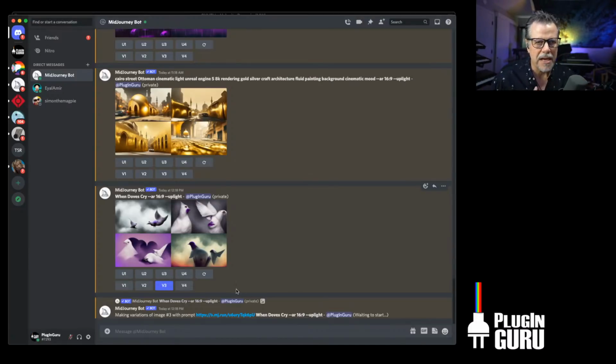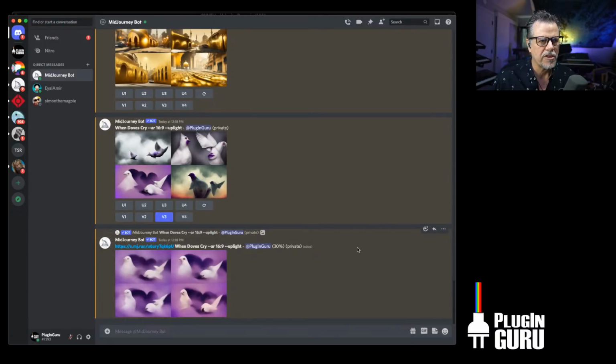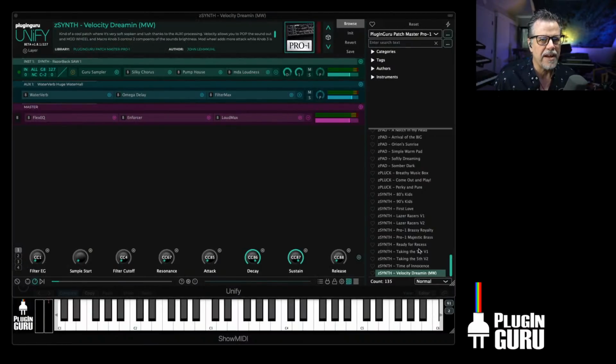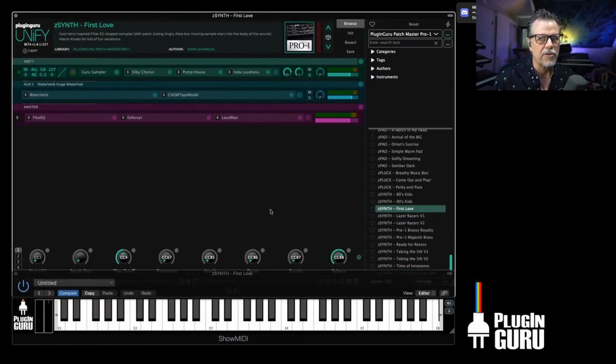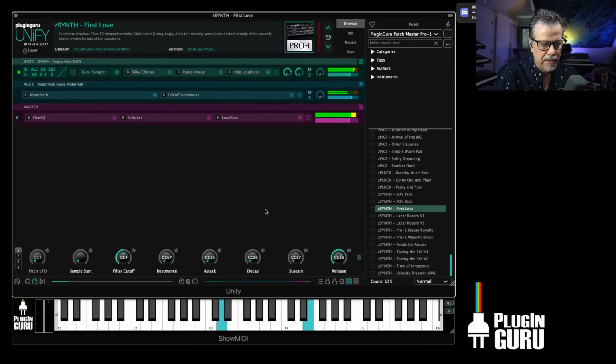And for someone like me, I couldn't afford to commission someone and then have them have the time to make 40 images to go along with my patches. So for someone in my situation, this is a dream come true, because I've designed Unify with Shane's help to have images in it. So you can go to First Love and